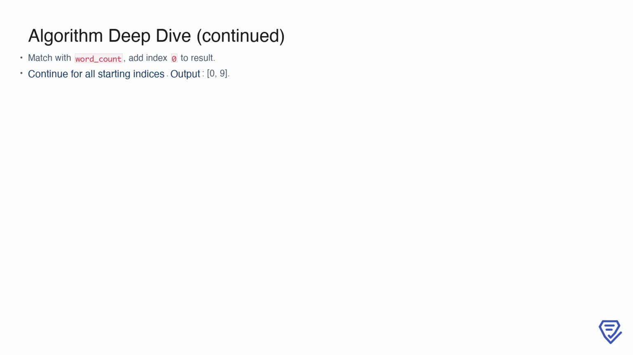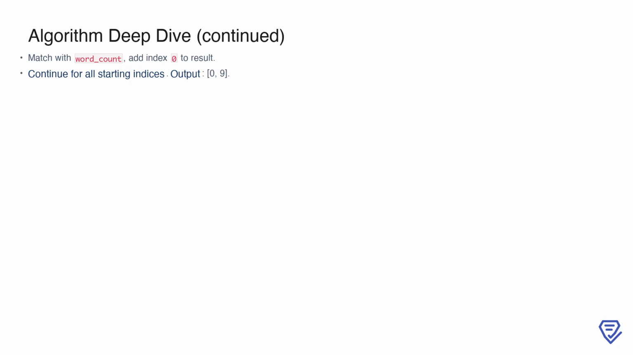Using a sliding window, we start with the first window at index 0, extracting the substring S[0:6] equals "barfoo". Splitting this into chunks of size 3 gives us "bar", "foo". The frequency of these chunks matches word_count, so we add index 0 to our result. We repeat this process for all possible starting indices, and the output is [0, 9], representing the starting indices of